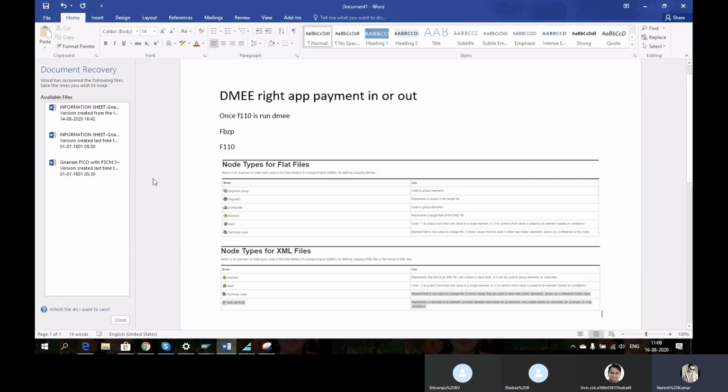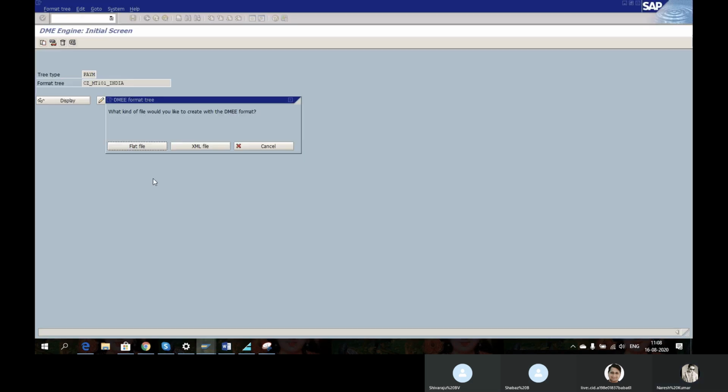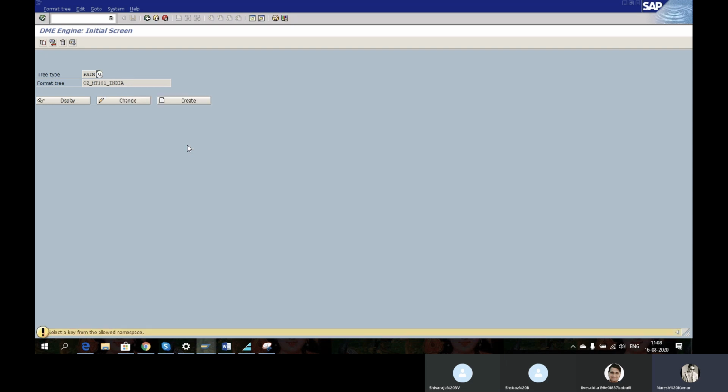Once the system has generated, we will be able to understand certain restrictions of the node, which we have to permit, whether it is a flat file or an XML file, for the corresponding origin, aggregations and condition information. Everything. Now let us take flat file or XML file. Select a key allowed in the namespace. Now let us take one XML format.